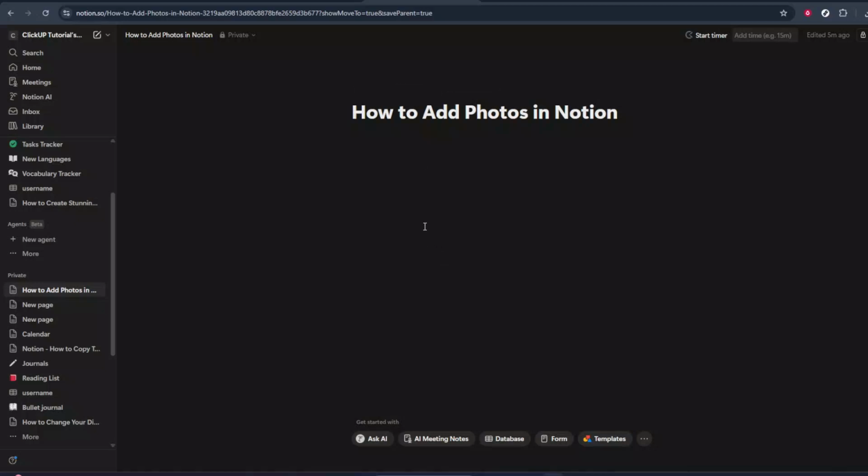In today's video, I'm going to teach you how to upload images in Notion. Uploading images is a simple way to make your pages more visual, whether you're building a personal dashboard, documenting a project, or creating a team wiki. In this walkthrough, I'll guide you through the simplest method of adding an image from your computer directly into a